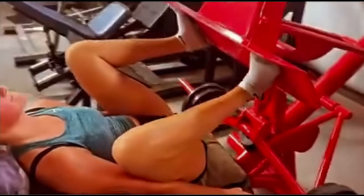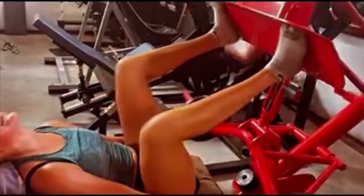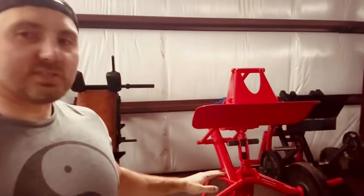So it's like, to me, it replaces any vertical leg press. So I have yet to make a full review because I'm going to modify this and make it even better. As it exists, it makes every single vertical leg press completely obsolete. It's the best vertical